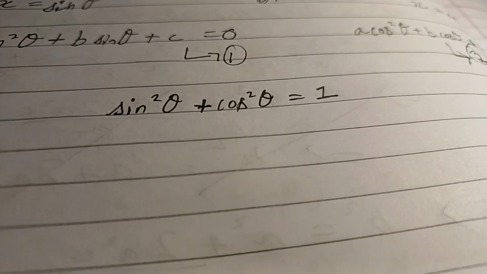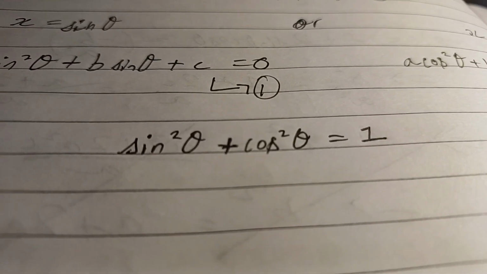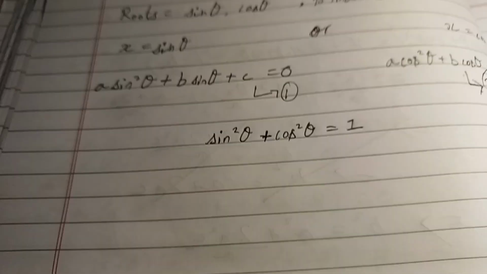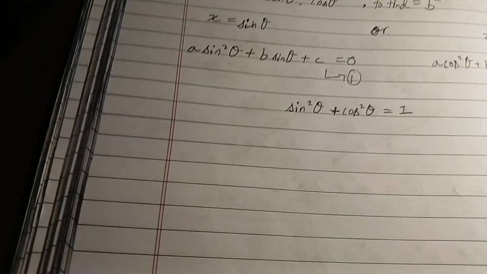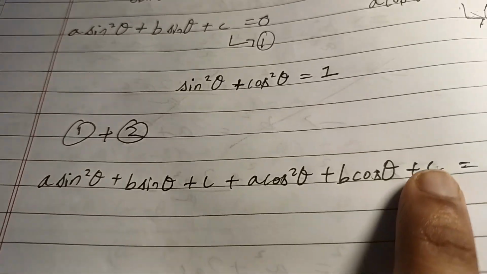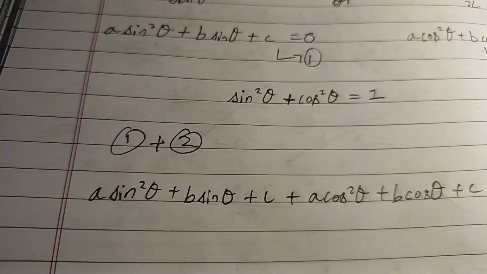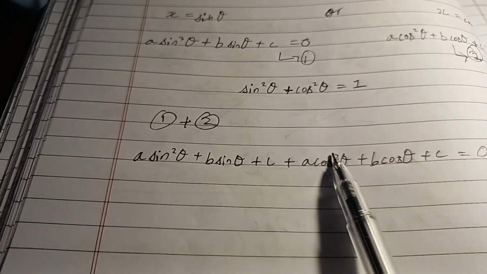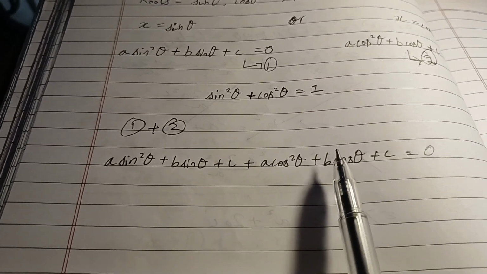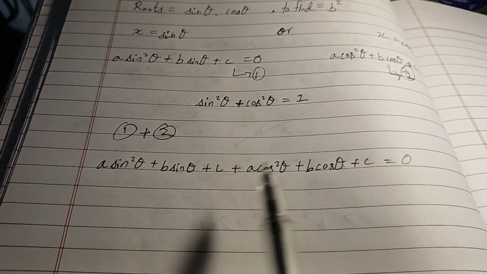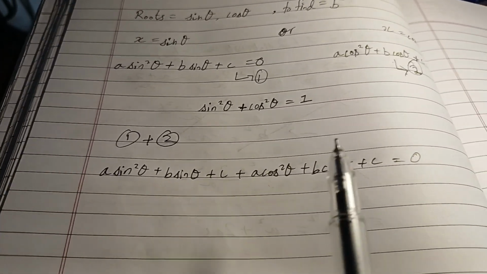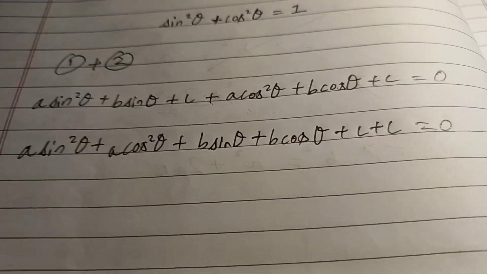If you guys don't know already, there's a very cool trigonometric identity where sine square theta plus cos square theta is equal to 1. And if we want to apply this identity to solve the equation, the only way of bringing sine square theta and cos square theta together is by adding equation 1 plus equation 2. So this part is equation 1, this part is equation 2, and since both are equal to 0, they'll obviously be equal to 0. But you can see that we have sine square theta and cos square theta in the same coefficient, sine theta plus cos theta in the same coefficient, and c plus c in the same coefficient because they're the same variable. So if we want to use this, then we can just arrange the terms like this,